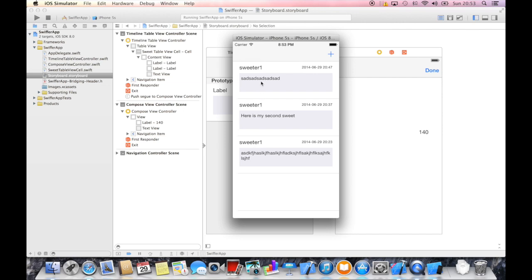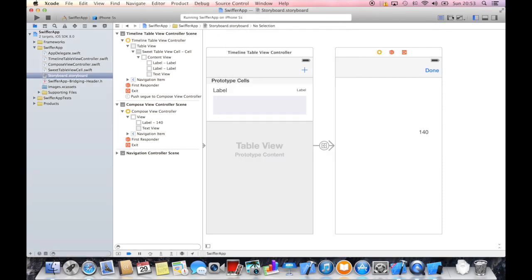So we have this cool timeline now. We have the ability to add new sweets to our timeline. So actually, all that's missing is the ability to see if someone else has used the app. We need the ability to reload it. So let's go to our timeline here